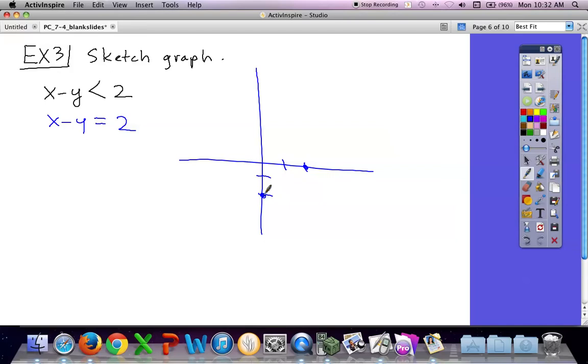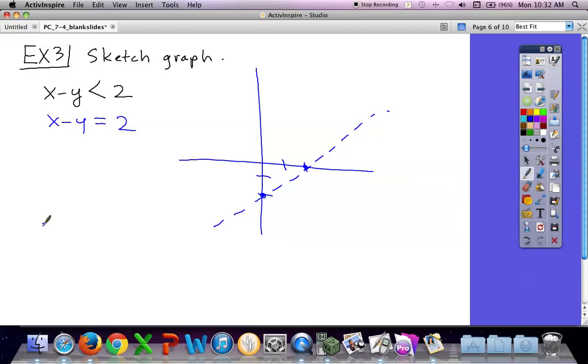And should I use a solid or a dashed line? Dash, because this is not or equal to, we're going to use a dashed line going through here. Okay, now it's not solved for y, so we're going to have to test a point to figure out where